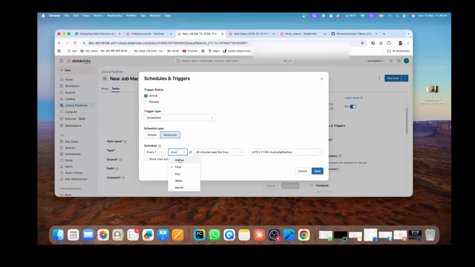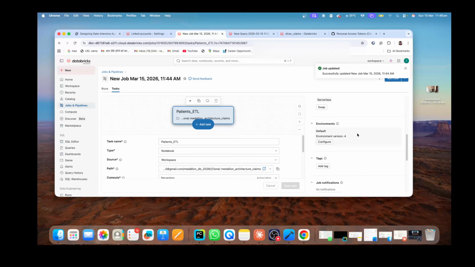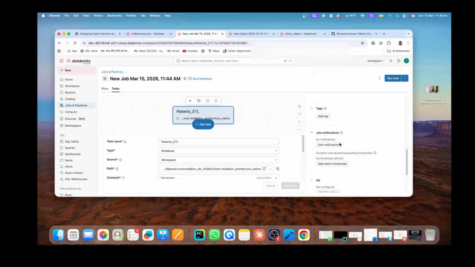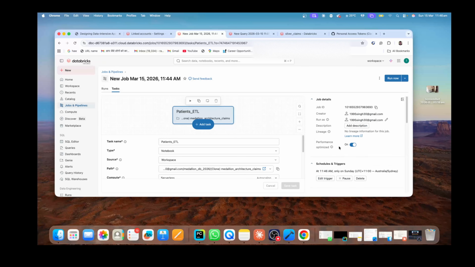I would just want to do a week, and just select it. You can save it in here, and also you can edit notification, whether you want to notify the person whether it has been completed or not. So this is there, and now what I would do is